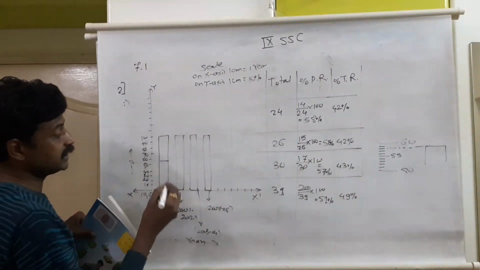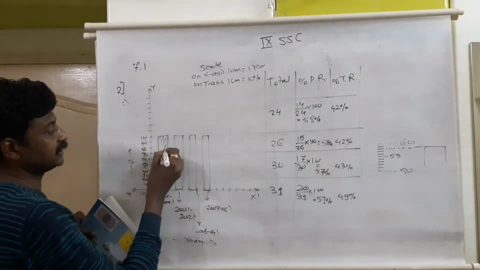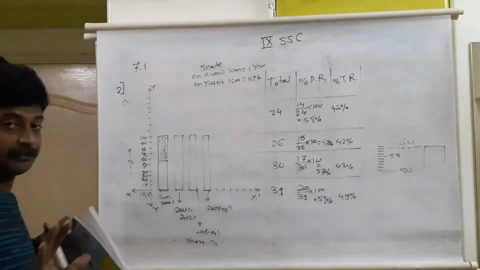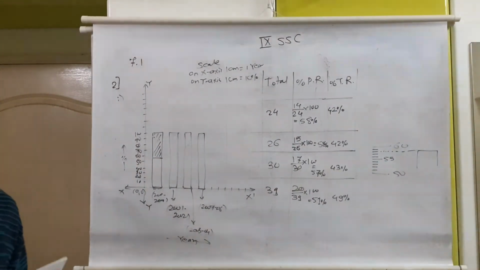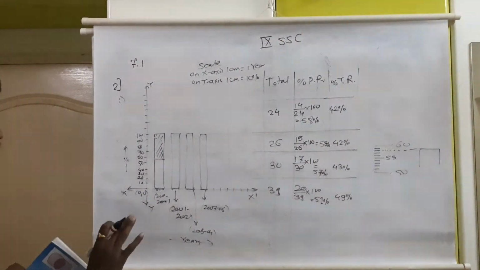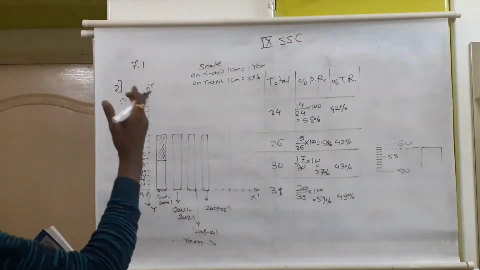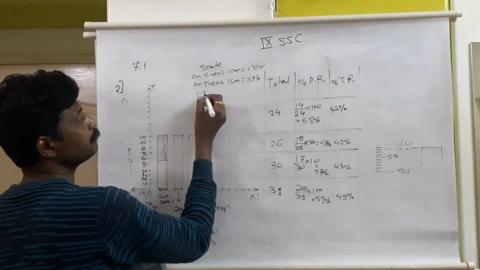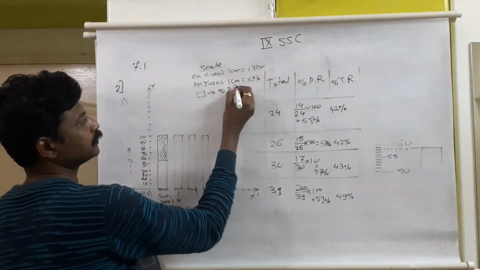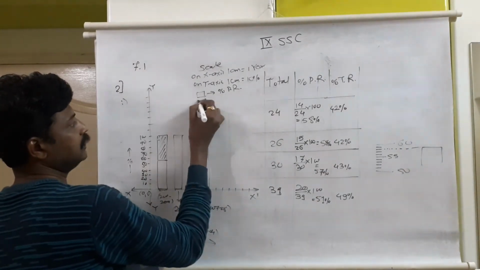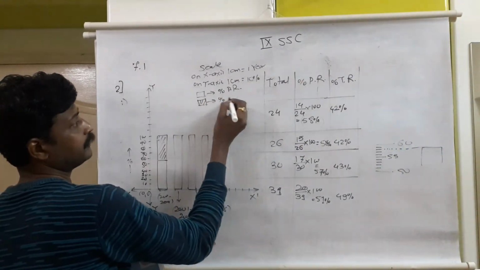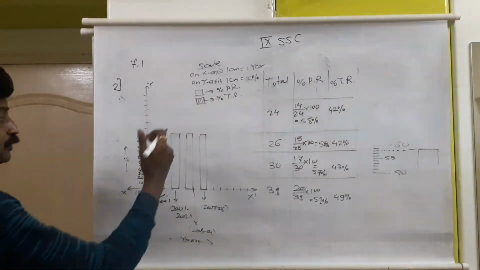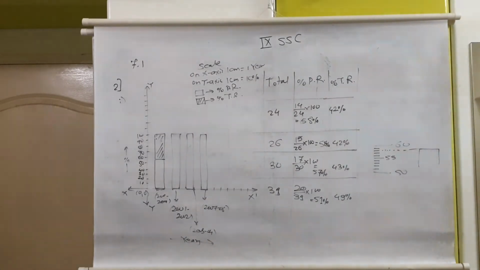To differentiate them, we can use different methods. Either you shade it, or you use dotted, or you darken it, as per the time available. Don't waste your full time in the drawing. Just do it easily to differentiate. That also needs to be mentioned here: this portion shows the percentage of permanent roads, and this shaded portion shows the percentage of non-permanent, that is temporary roads. This is also necessary to mention, because we are differentiating them with the help of shade.